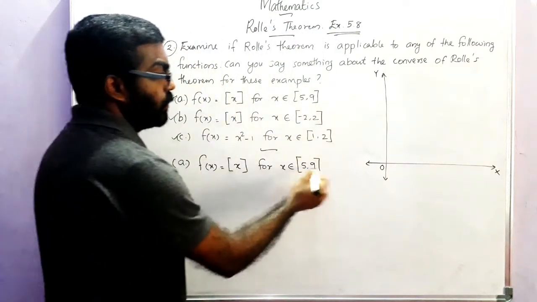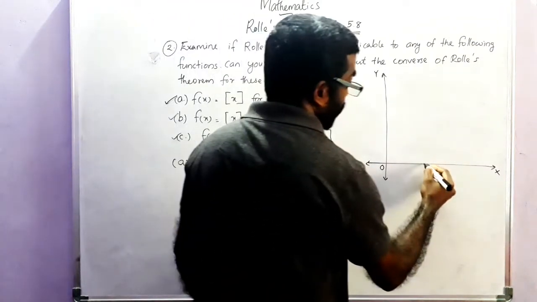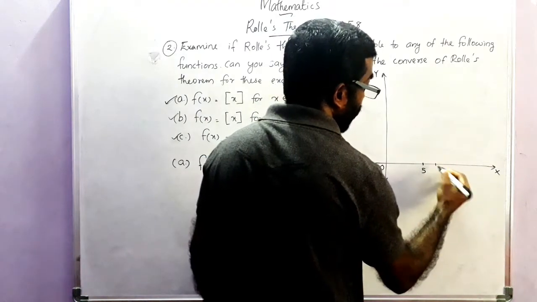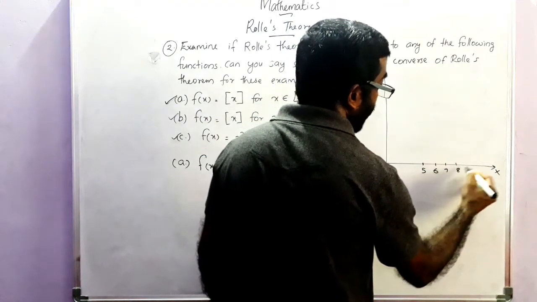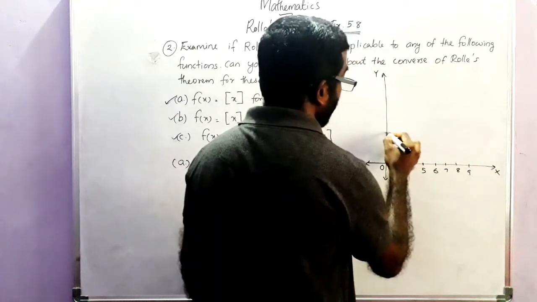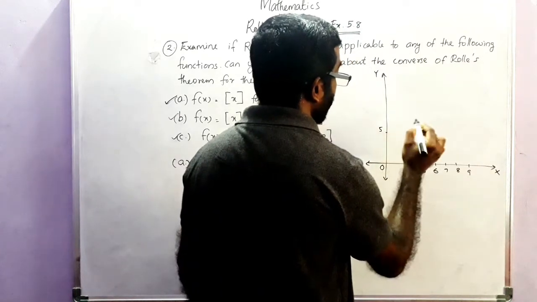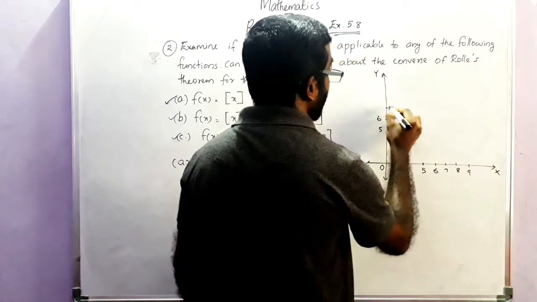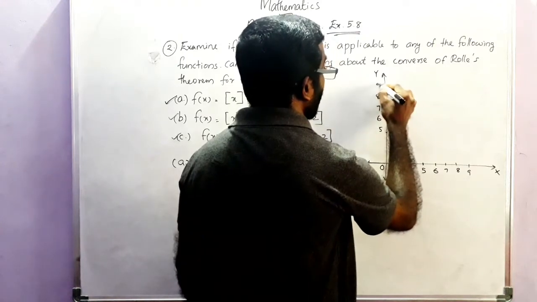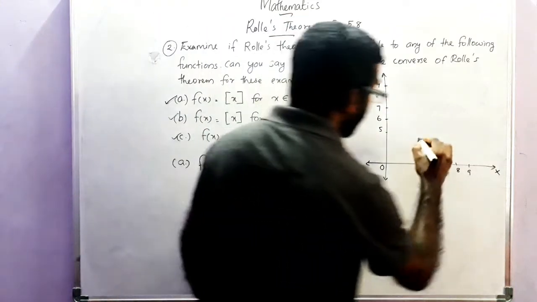Here the interval is 5 to 9. So I write the numbers from 5 to 9: 5, 6, 7, 8, 9. Here also 5, 6, 7, 8, 9 and so on. So here